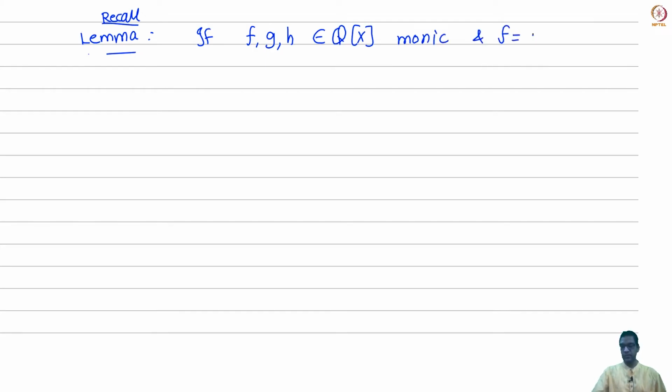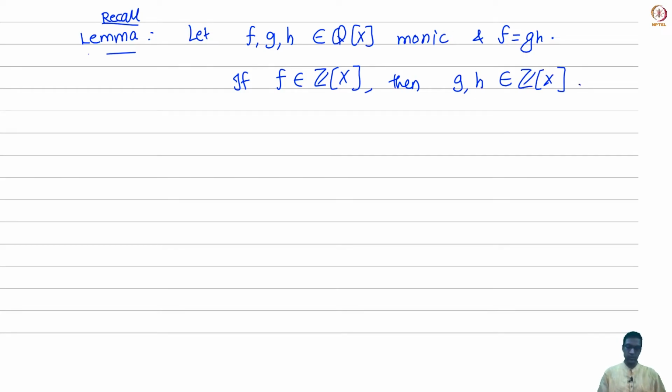Okay, now recall the little lemma from last time, which was a consequence of Gauss's lemma, which says that if I have three monic polynomials f, g, h in Q[x], and f equals gh, then if f has integer coefficients, g and h must also have integer coefficients. Okay, so this was a corollary to Gauss's lemma. So we'll use this repeatedly. So by this lemma,